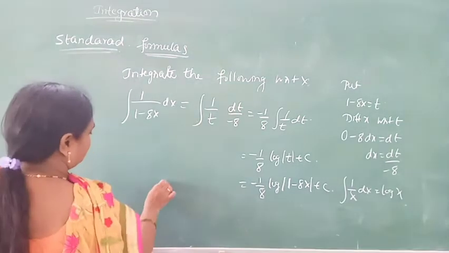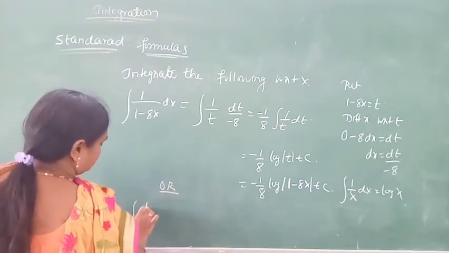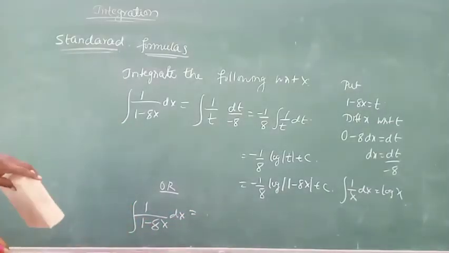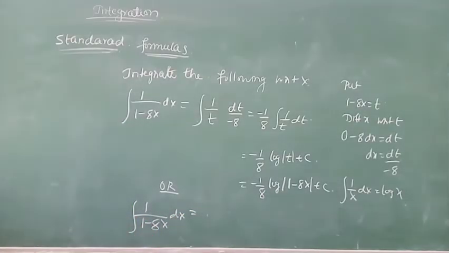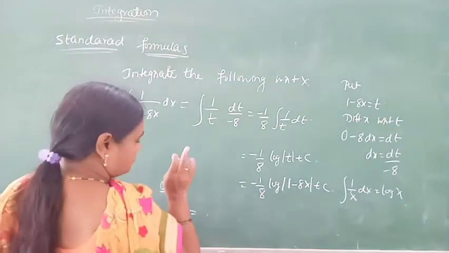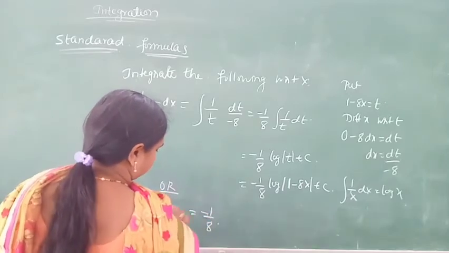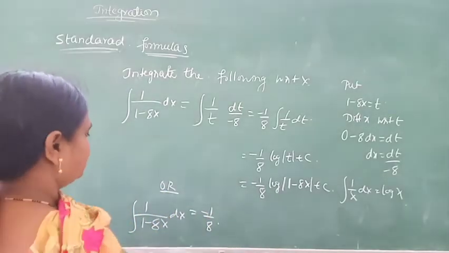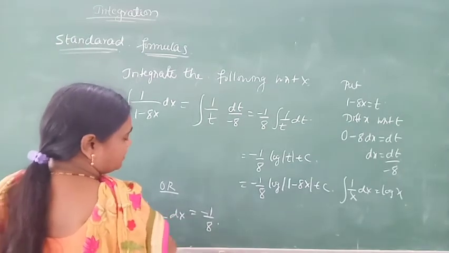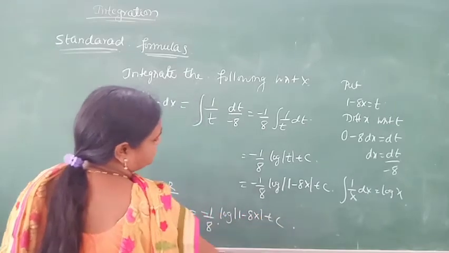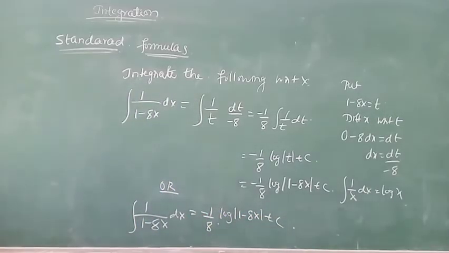Or else, another form. Just concentrate. I will tell you, 1 by (1 minus 8x) dx is there. Correct. The power of x is linear, meaning the power of x is 1. And that x is multiplied by a constant, so we take minus 1 by 8 like this, dividing, and this is in the form of 1 by t. The integration of 1 by t is log t, so we get minus 1 by 8 log of modulus of (1 minus 8x), plus c. For CET it is useful to do it directly. If it is 2 marks, use the method of substitution. Okay.